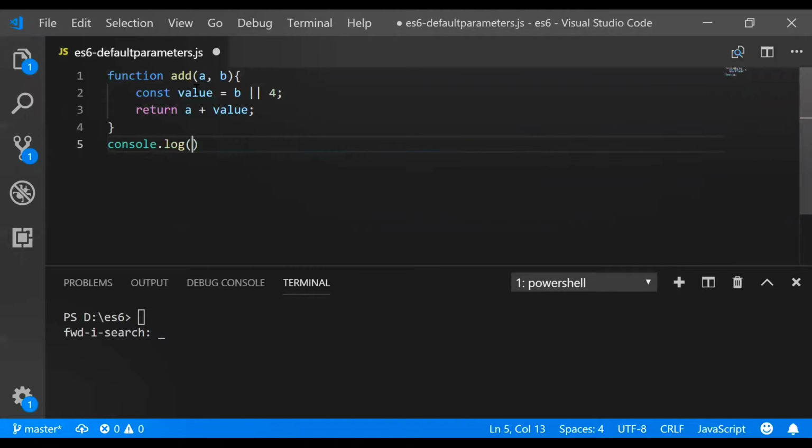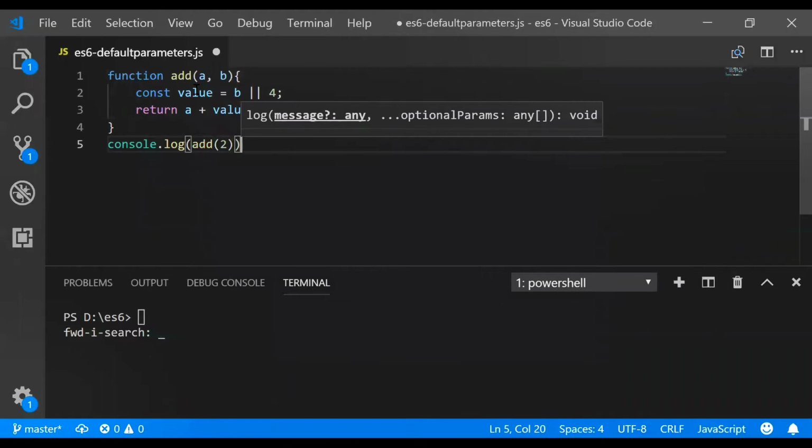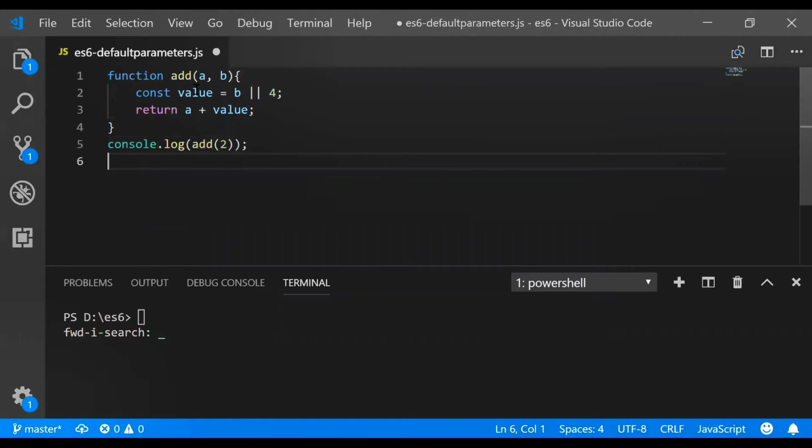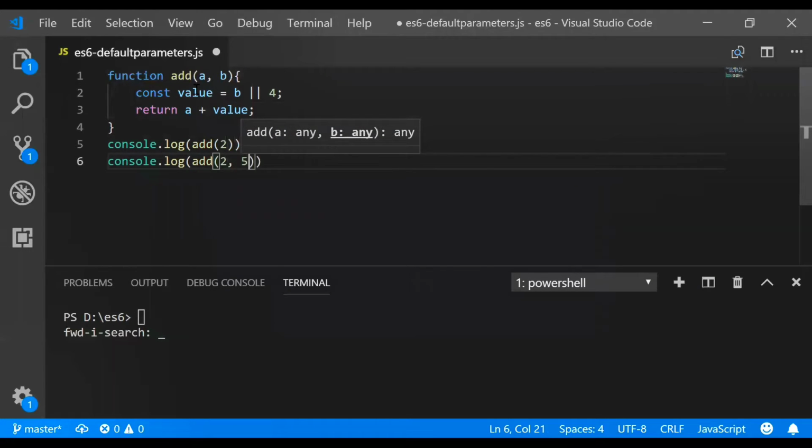Let's see the console log. For the first console log, we are passing add 2, so for a we are explicitly passing the value 2. Similarly, in the second console log, we are passing add 2, 5. So for a we are passing 2, and for b we are passing 5.